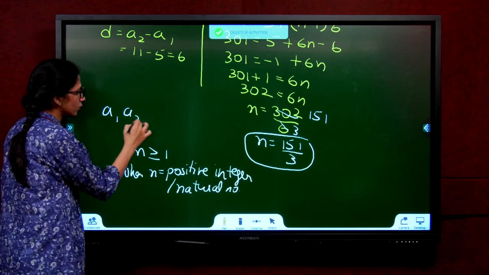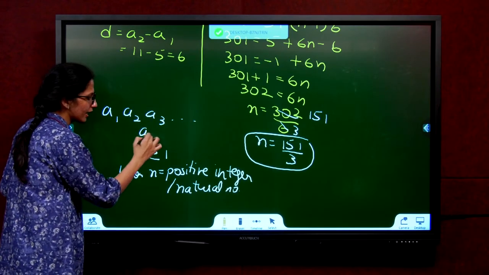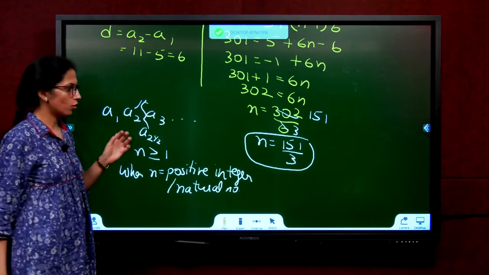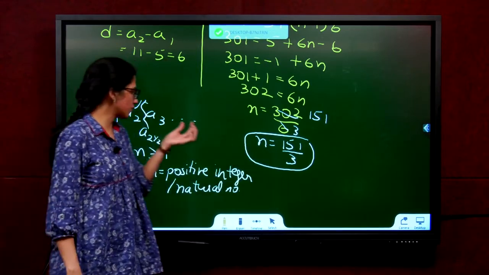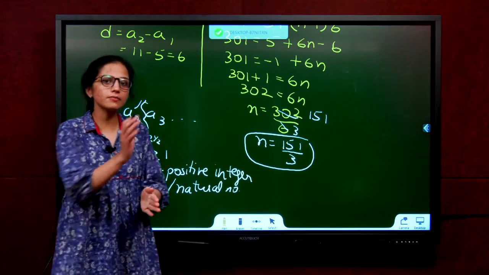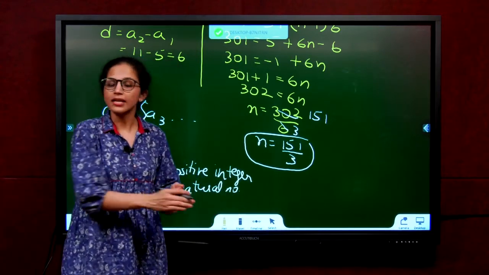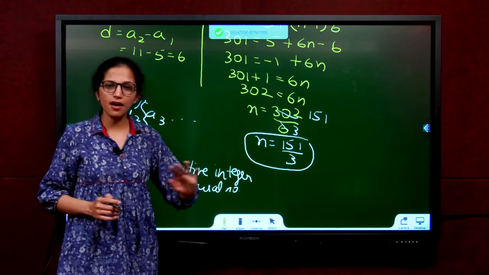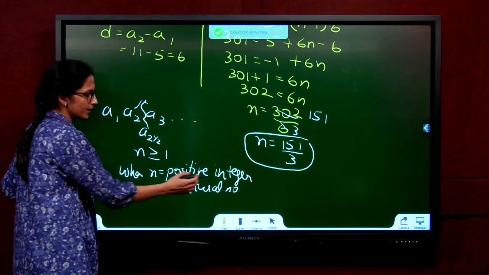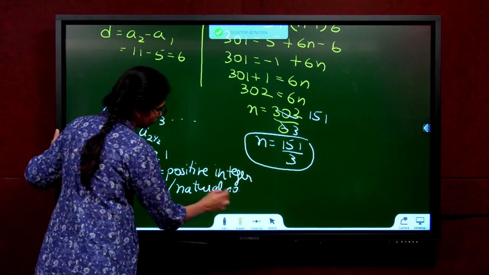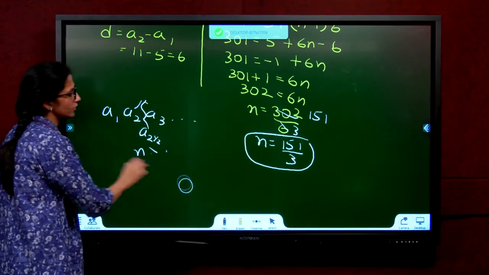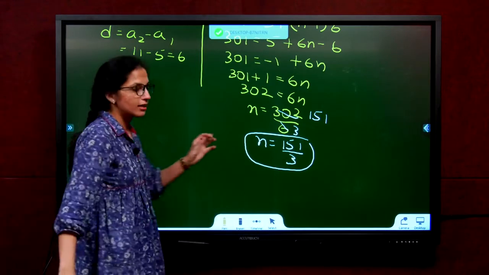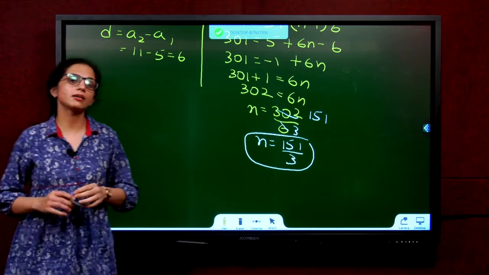You can have A1, A2, A3. Does A2 and a half mean anything? Can you have a 2.5 term? No. So you cannot have fractional terms or decimal terms, because you have a first term, second term, third term, fourth term. There is nothing called a 4.5 term. So fractions are not allowed. Since n should be a positive integer, so what will you write down? Since n should be a positive integer, this is not possible and 301 is not a number among the given list.